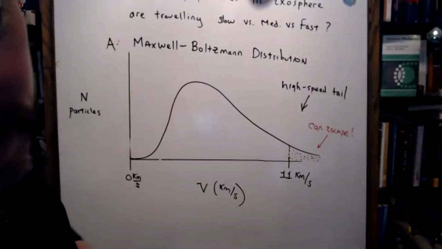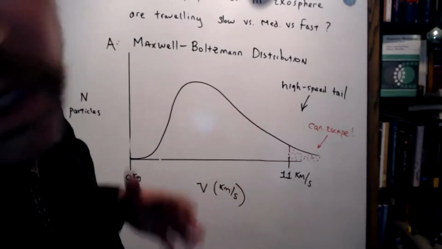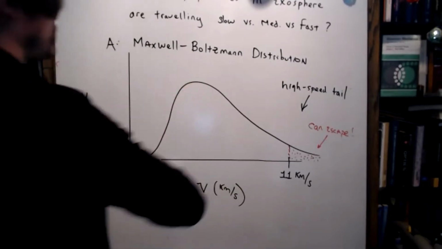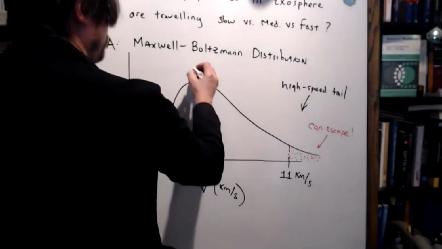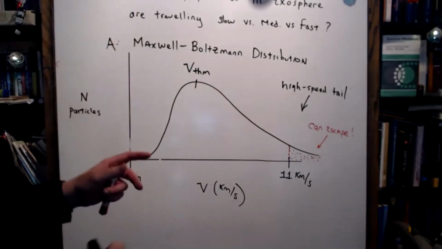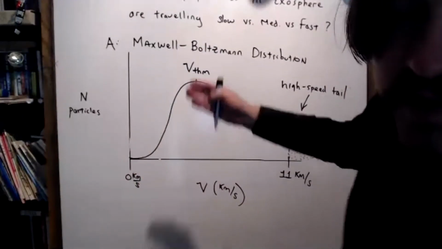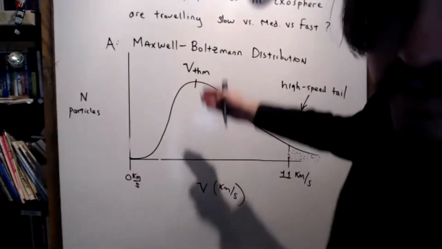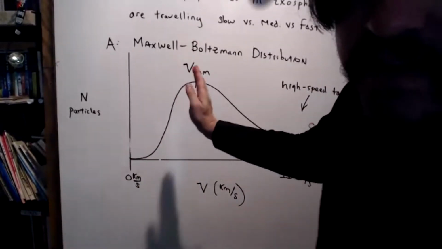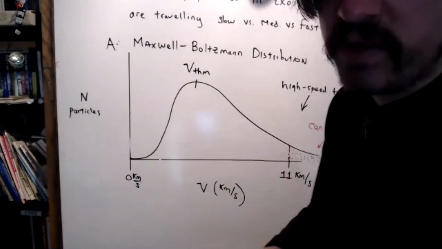One way we parameterize the Maxwell distribution of speeds is, okay, this is getting too confusing. I'm not even sure what you're talking about anymore, Brendan. Could we talk about the average speed of the gas particles? That would be like the most probable speed, and we have a name for it. It's called the thermal speed. It's not that all the gas particles are traveling at the thermal speed. It's just that the most particles are traveling at the thermal speed, so it becomes kind of a representative of your gas. If an atmosphere gets too hot, the thermal speed will go up. If the atmosphere is too cold, the thermal speed will go down.